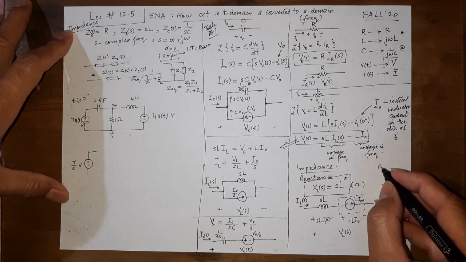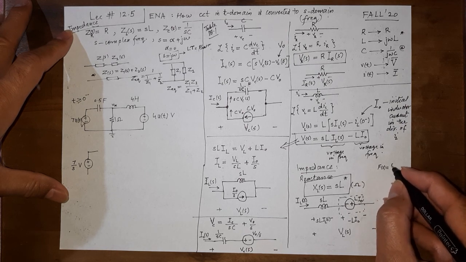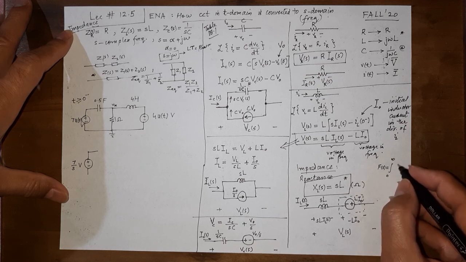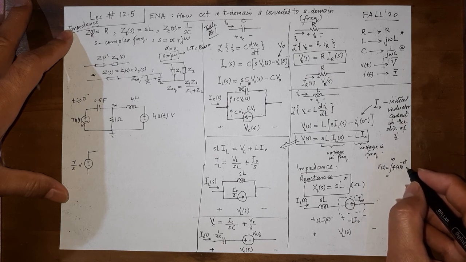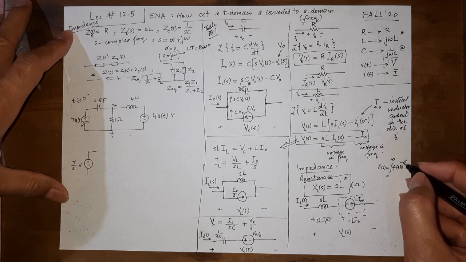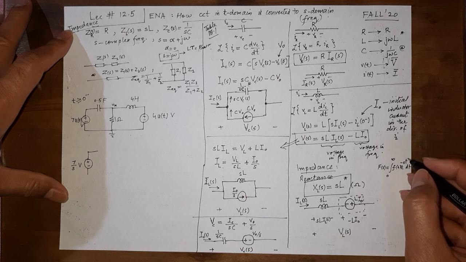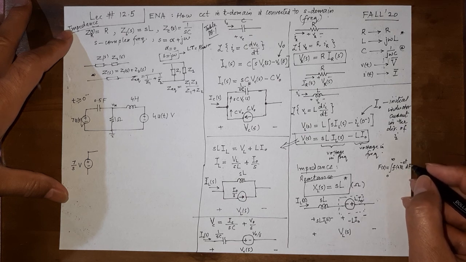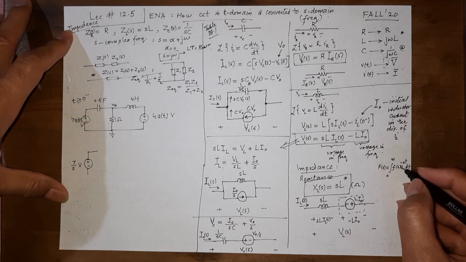So remember this definition of the Laplace transform. F of s is equal to an integral from 0 to infinity of the function multiplied by e raised to the power minus st dt. Now you know time has units of seconds, so s must have units of per second, because any exponent must be dimensionless. So if t is in time units, then s must have units of per time, so that the dimensions cancel and this becomes dimensionless.